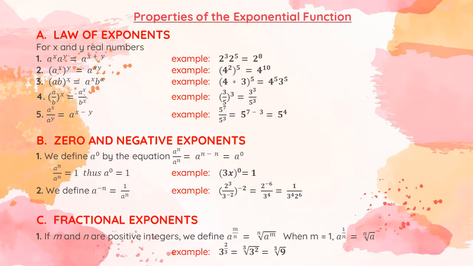When m is equal to 1, so may value tayo ng m plus ha. And a raised to 1 over n is equal to n square root of a. So, for example, class, ang ating base ay 3, then ang ating exponent ay 2 over 3. Positive po siya, class, ha? Equal po natin sa